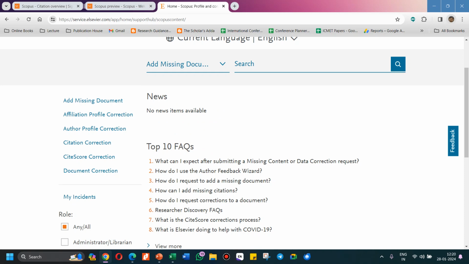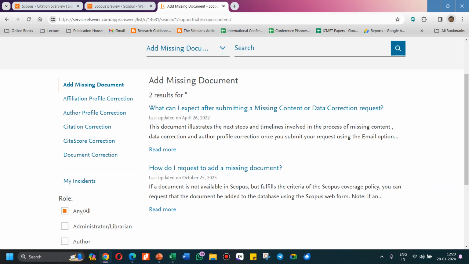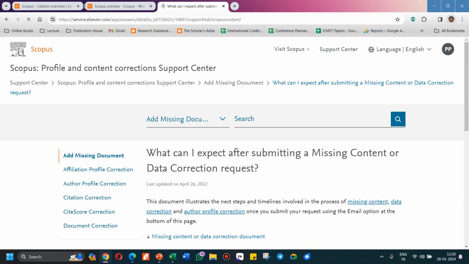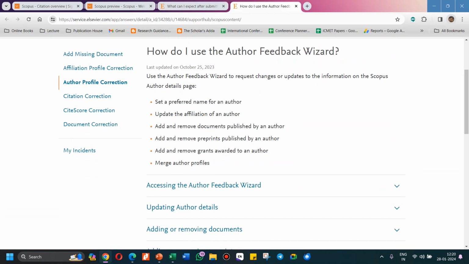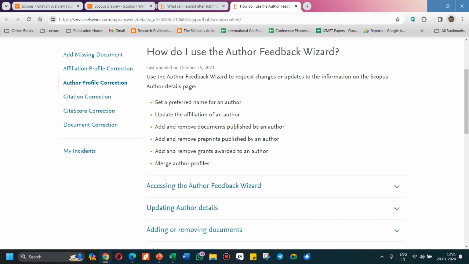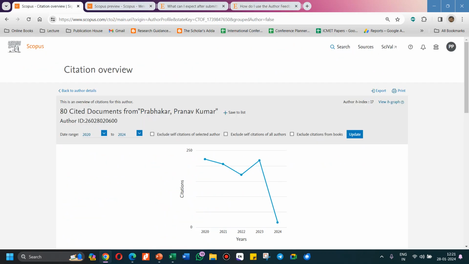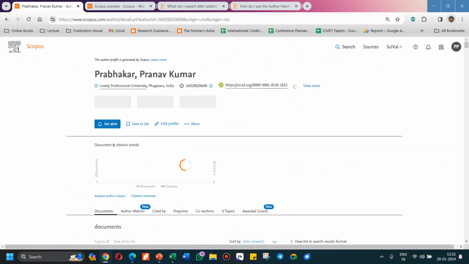It will ask me to fill certain things. I will attach the document proof, all the details, and then I can request the corrections. Automatically I will get the Scopus details from them, and it will be automatically added to my account. So this is how authors can create an account on Scopus,